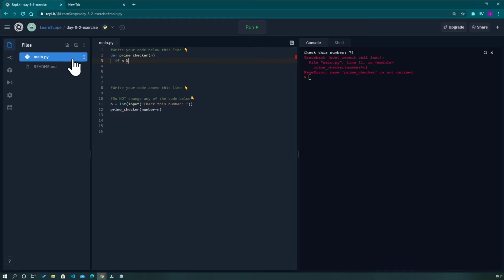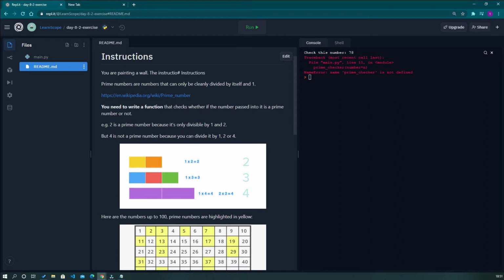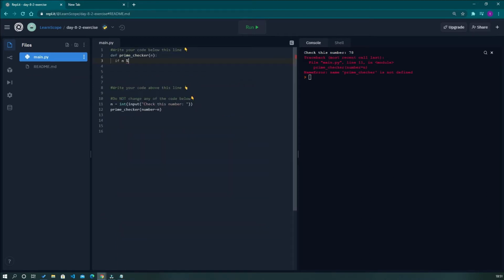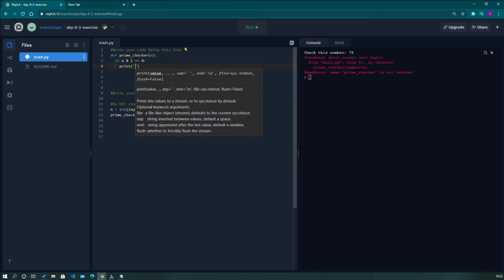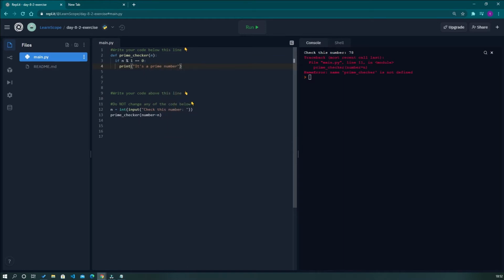Okay. Let me have a look again. Evenly divisible by 1 and 2. If n modulo 1 equals 0, print it's a prime number. And then if n modulo 2 equals 0, print